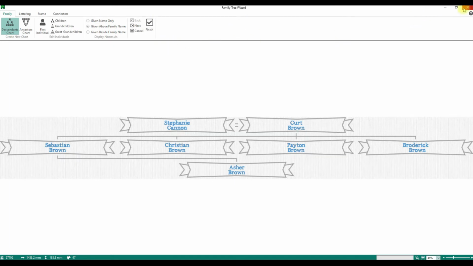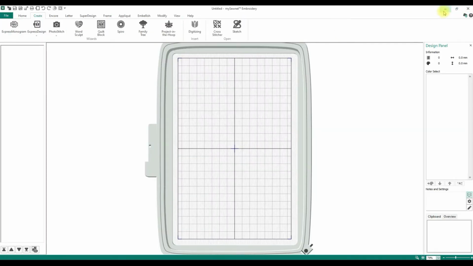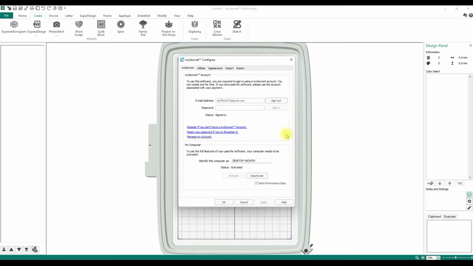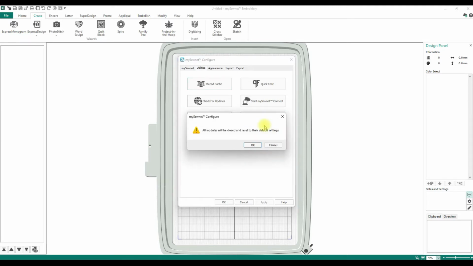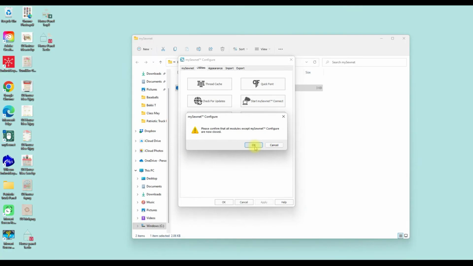But we're going to go ahead and click on the Family Tree wizard from our Create tab. And, oh, hold on. I was already testing this lesson. Let me go to configure real quick. So if ever you need to clear Family Tree, Family Tree does retain all the information that you put in it. So if you wanted to do one family and then do another family, the way you would do it is you would come in here and say reset all modules. Unfortunately, it's going to switch a bunch of my stuff. I say okay,